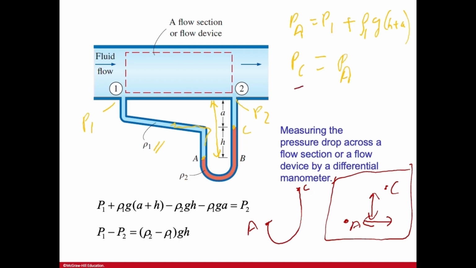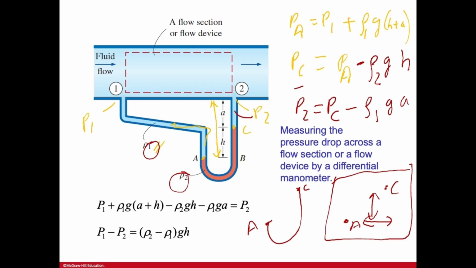So when you're talking about pressure at C with relation to pressure at A, since C is at a higher location, it should be a smaller value than A, hence you'll subtract the weight of this liquid column, which is rho 2, because this density is rho 2 for this orange liquid, times g times the height h. Finally, you want the pressure at 2 with respect to C, so P2 is equal to PC, and since point 2 is at a higher location than C, you do the same thing: subtract rho 1, the density of fluid 1,